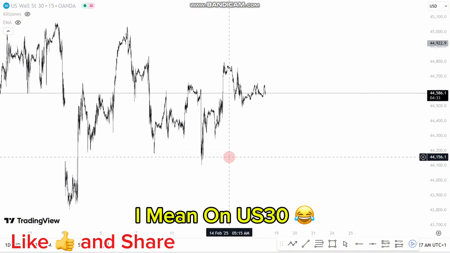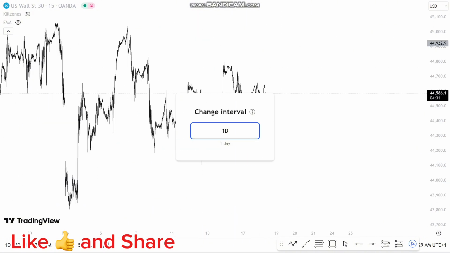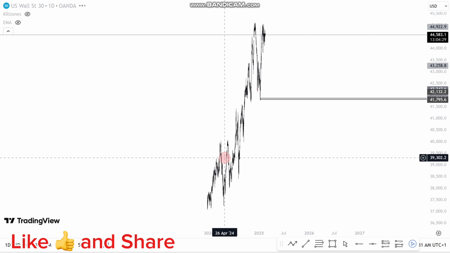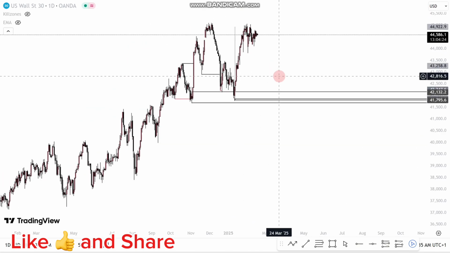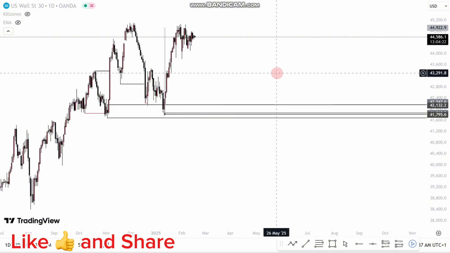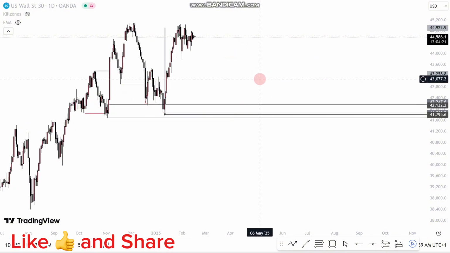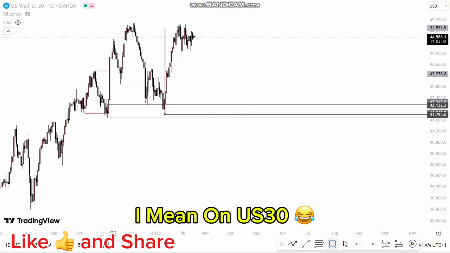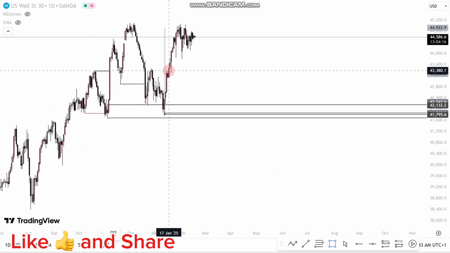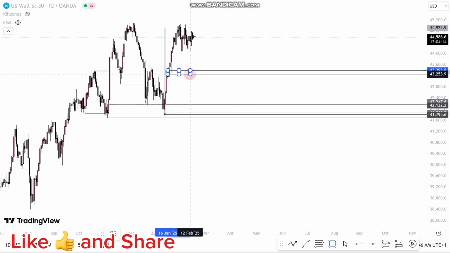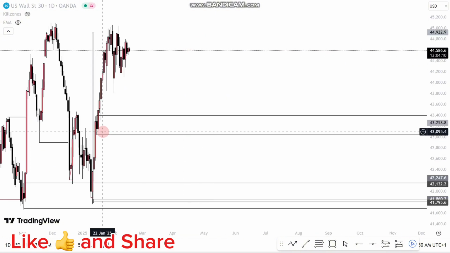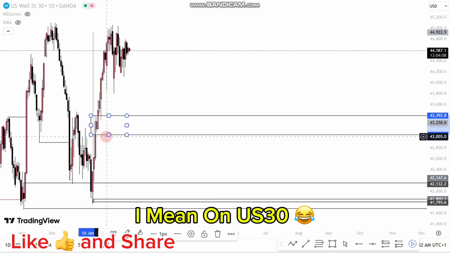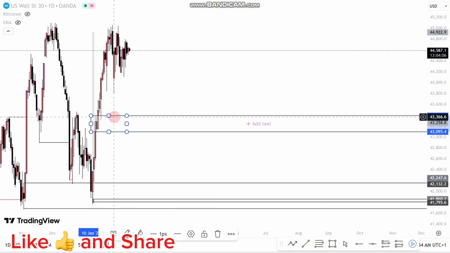So this week on the DXY, let's go back to the daily time frame. This week on the DXY, this is just how it looks. I'm looking at a very simple price action on the DXY. I want to see the DXY come into this demand area, take out that low, then change character to the upside. If the DXY can actually come into this daily demand, which is resting here,